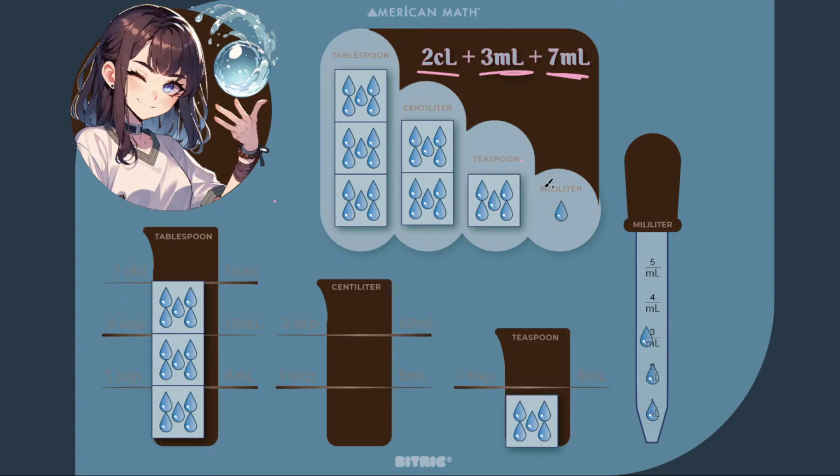So first, we're going to add 2 more into our milliliter dropper. 1, 2. So now we can clear and carry because we have 5 milliliters, which is a teaspoon. So we'll clear and carry in another teaspoon. But again, it's going to overflow. So what do we do? We clear and carry. So we're going to clear our 2 teaspoons and bring in a centiliter